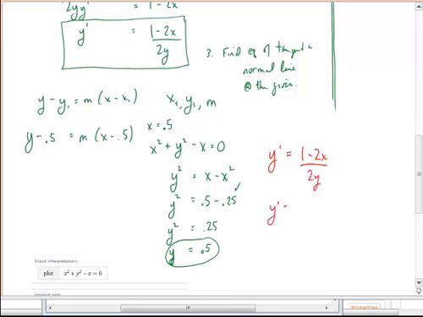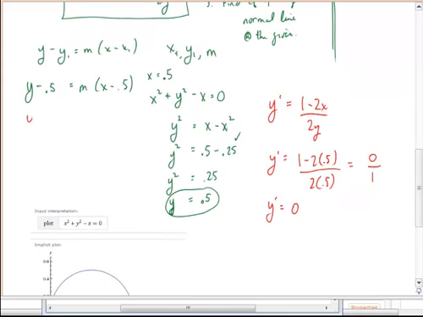So the derivative is going to be 1 minus 2 times 0.5, divided by 2 times 0.5, and that will be 0 over 1. In this case, look at this, my derivative is 0, and when I plug that in,